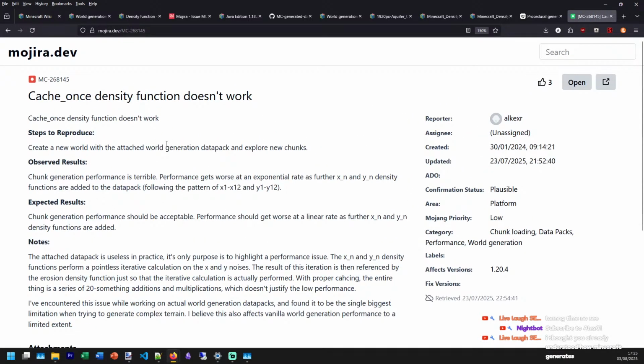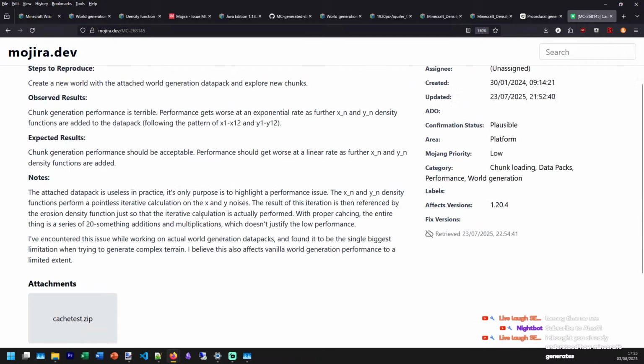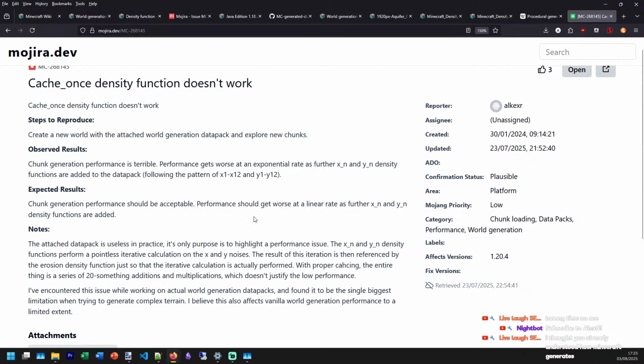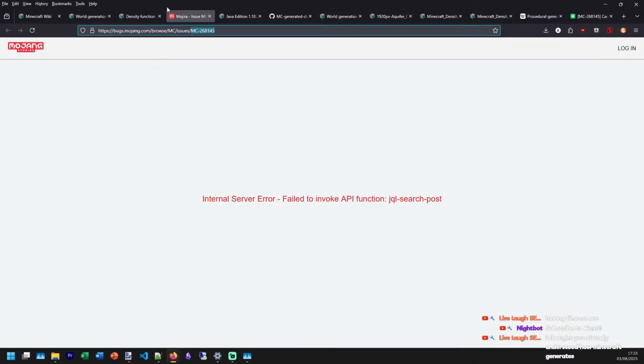Epic, it does. I love that it's exponentially worse. And I love that their bug tracker's not working.